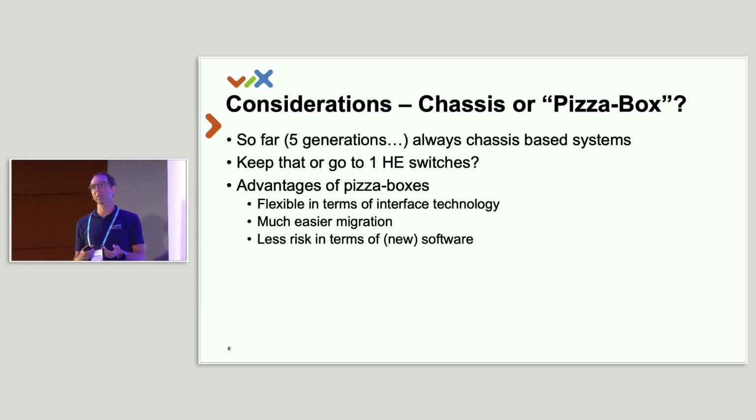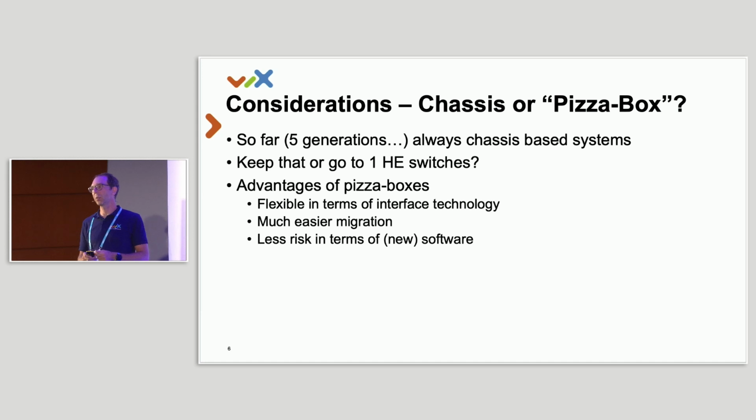And with these pizza boxes, we thought, okay, if we need something new, we build new building blocks. If we want to remove something because we don't need it anymore, maybe, for example, we don't have any 10 gig ports anymore, or we just need less, we remove one box, but we don't have to touch the existing. So it can stay the same as long as it is in use, and if it's not in use anymore, we can just remove it. Also, if you have a fixed chassis with line cards, you have the risk of introducing new hardware items.